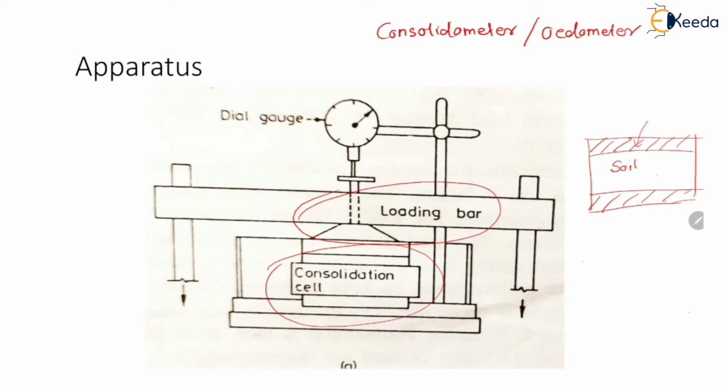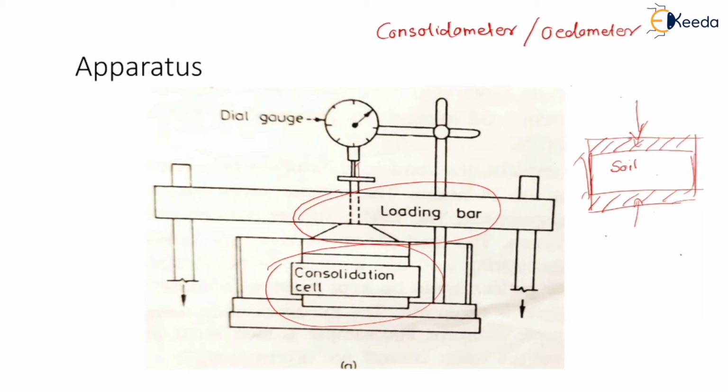The main role of these stones is to allow the water to escape so that consolidation of the soil will occur. The internal surface of this consolidation cell is kept smooth so that there won't be friction between soil and the cell. This ring imposes the condition of zero lateral strain on the soil sample. This means when we apply external load on the soil, the lateral strain will be zero. The lateral dimension of the soil will remain constant. Only thickness of the soil will change.